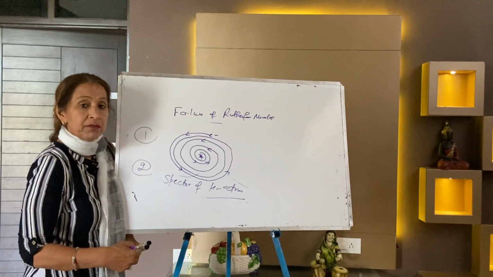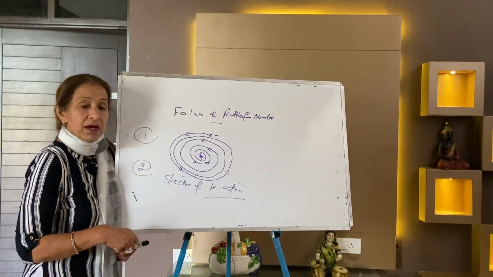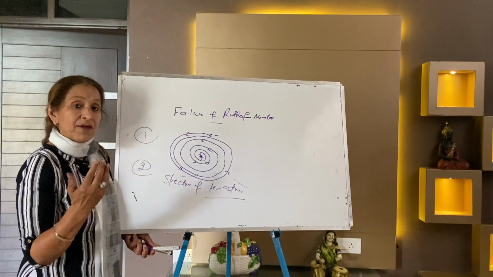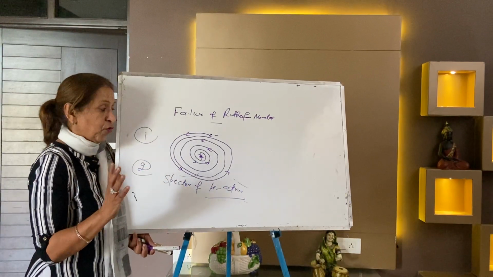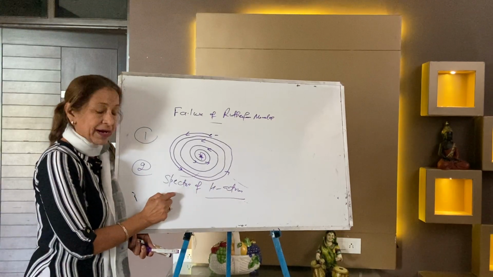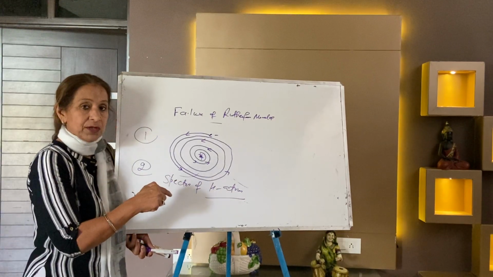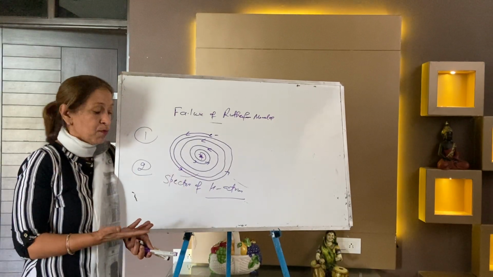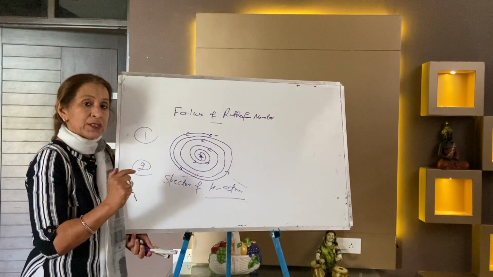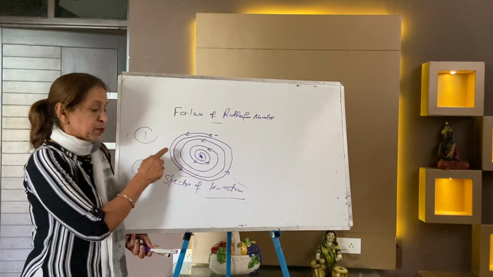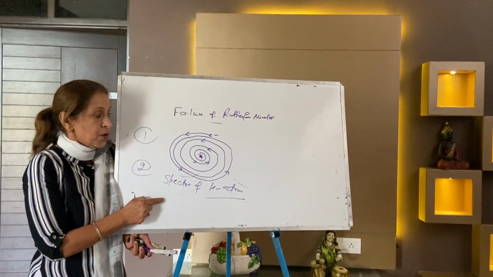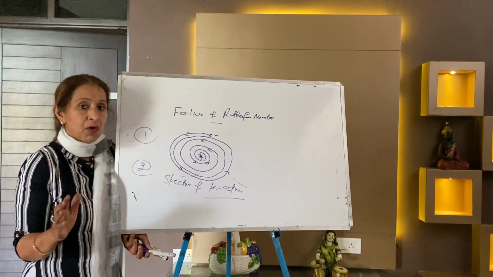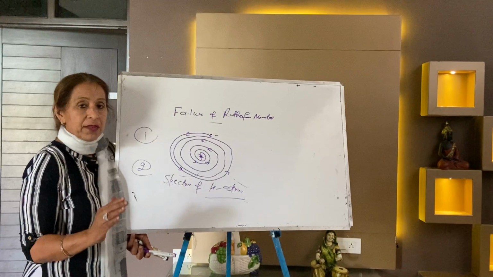The spectra of the hydrogen atom we have taken already in the last lecture, where five lines were there, but Rutherford fails to explain the spectra of the hydrogen atom. The next model will come in my next lecture, that is Bohr's atomic model. Bohr's model is successful in explaining these two terms. So now we have done two models: one is the Thomson model and the second is the Rutherford model.